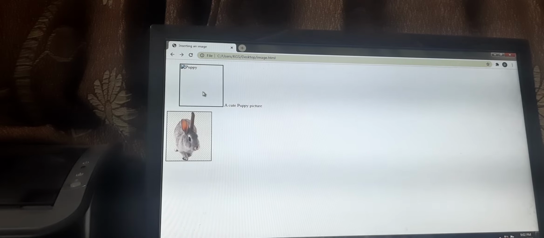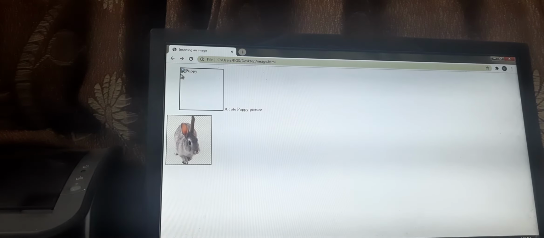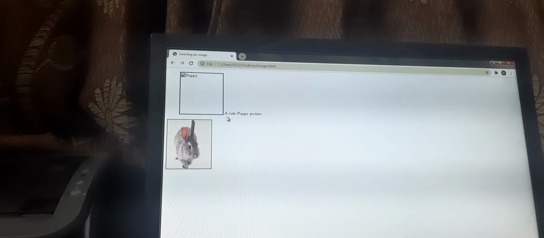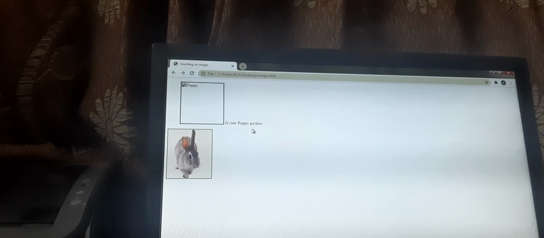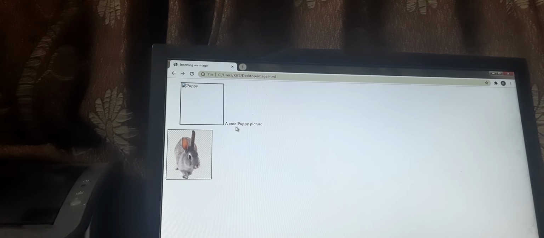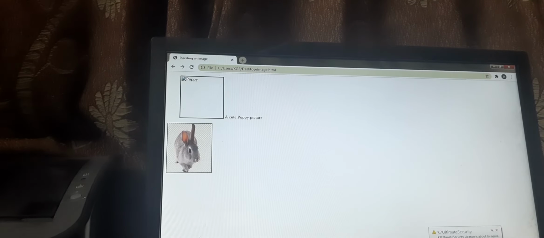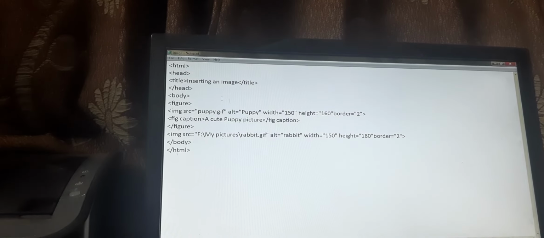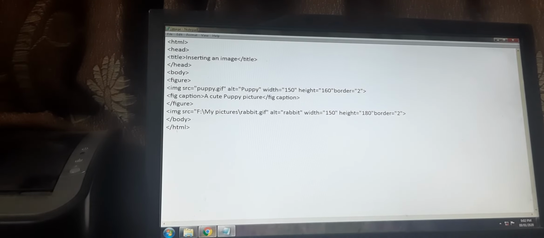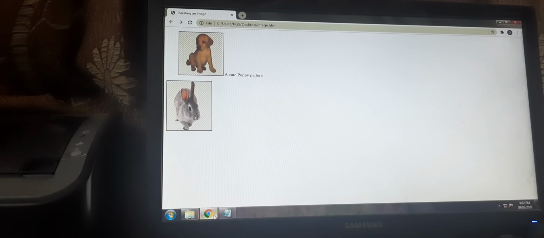When the picture gets displayed, your alternative text will vanish. It will not be displayed. But be it in the presence or the absence, you will find this figcaption under the picture, describing the picture. It will have a small piece of information about the picture. Can you understand? So let me go back to the program and correct the mistake. Let me save it. Let me refresh the page. Yes, here is your puppy.